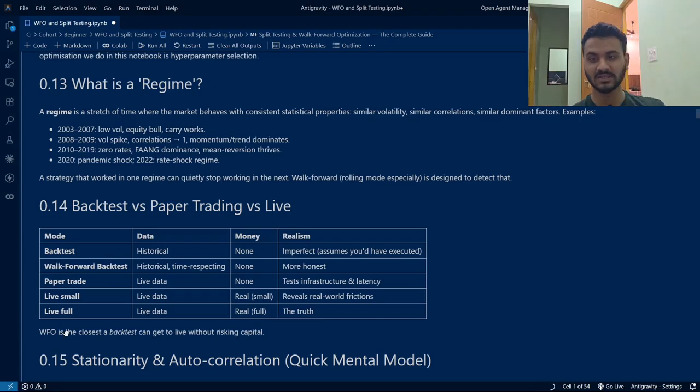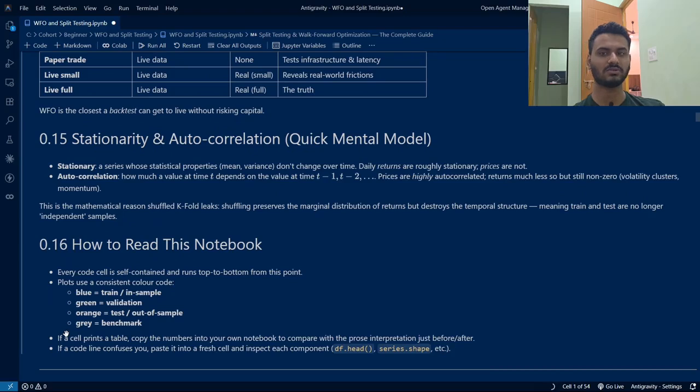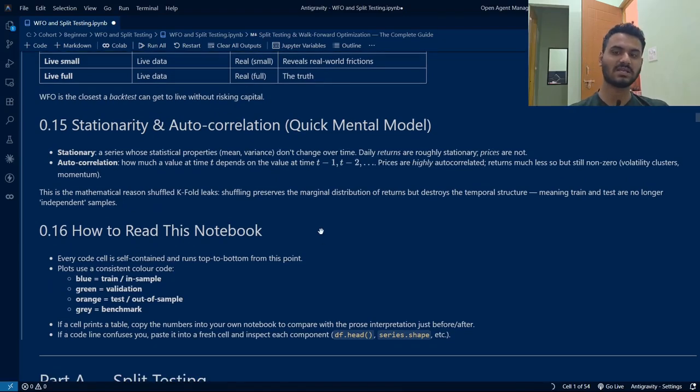let's make money, right? Now, stationarity and autocorrelation, a quick mental model. Stationarity is basically a series where statistical properties don't change significantly over time. Daily returns are roughly stationary, prices are not. Autocorrelation is how much a value at time t depends on the value at time t minus 1, t minus 2. Prices are highly autocorrelated. Returns much less so, but non-zero; volatility clusters and momentum do exist. This is the mathematical reason shuffled k-fold leaks. We will be talking about k-fold and leaks maybe in this, but definitely in the basics of ML as